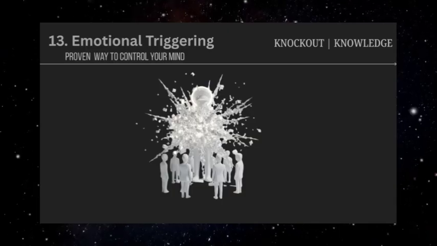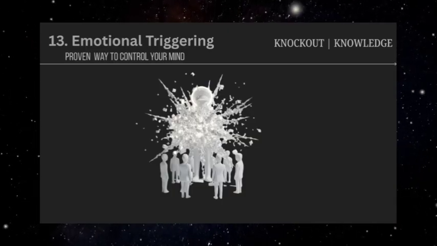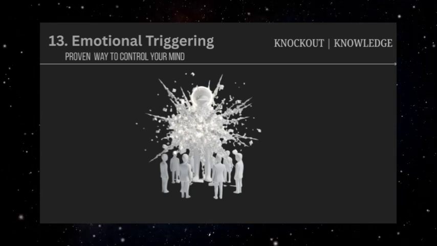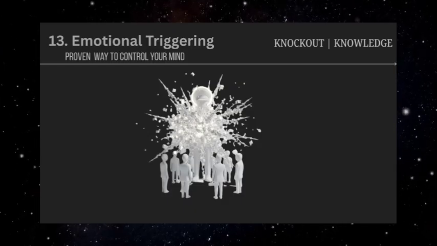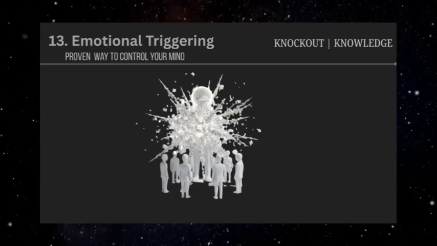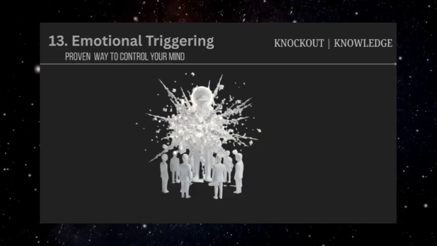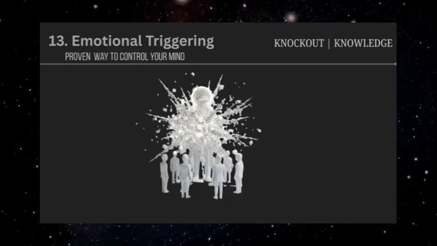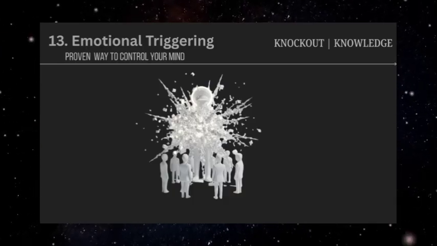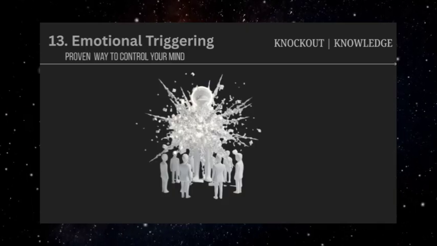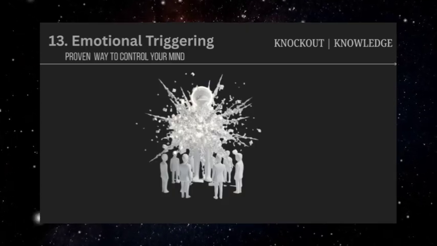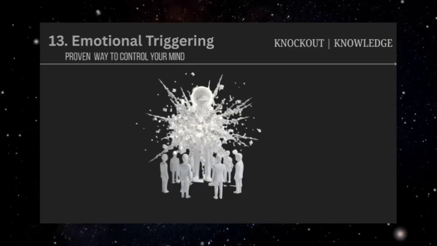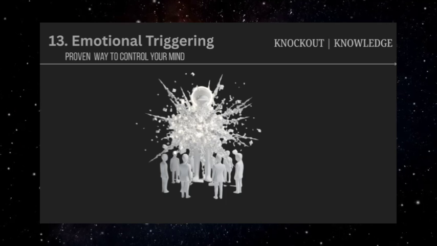Emotional triggers are highly personal and often rooted in past experiences, deep-seated fears, or core values. Skilled manipulators learn to identify what specific words or concepts provoke strong reactions in their targets, then use this knowledge strategically. They might discover that someone has strong reactions to words related to abandonment, failure, injustice, or success, then weave these triggers into conversations when they want compliance. In personal relationships, emotional triggering might involve deliberately bringing up topics that the manipulator knows will upset their target. If someone has insecurities about their appearance, intelligence, or past mistakes, a manipulator might make subtle references to these sensitive areas when they want to destabilize the person's confidence and make them more dependent or agreeable.